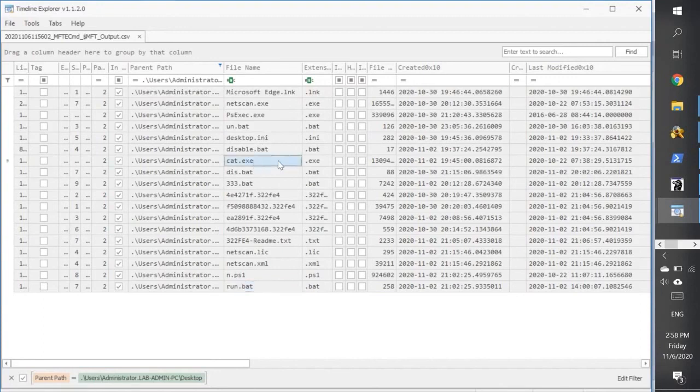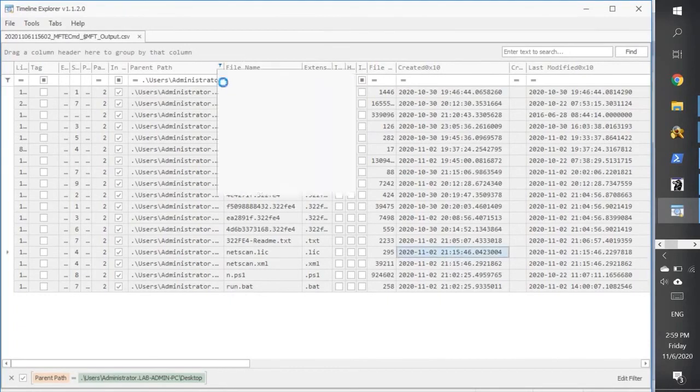Just let me say that the catex, when you analyze it using a hash sum or CTI databases, is Mimikatz. And what we've actually got here is that the attacker launched Mimikatz to get the domain administrator password, and used it with a pass-the-hash attack. We will examine it a little bit later. And we've got a lot of other files. It was netscan, it was psexec, and if we look at the time frame in the netscan leak, this timestamp